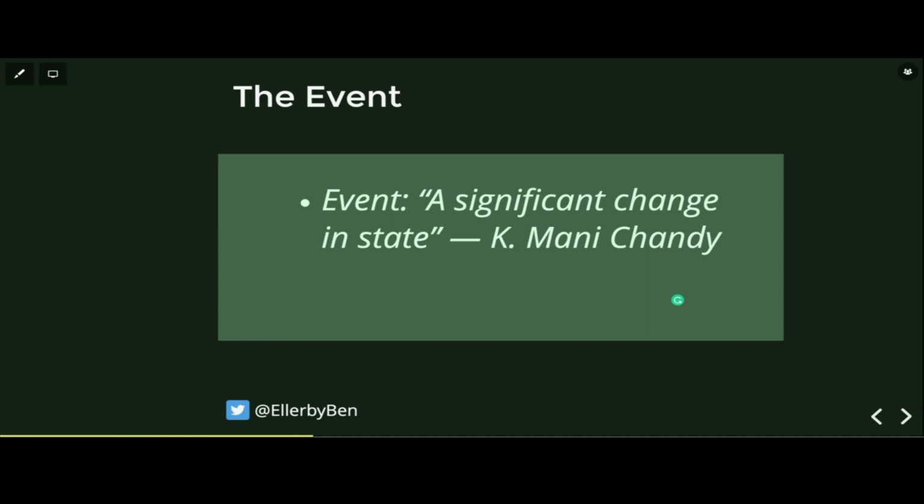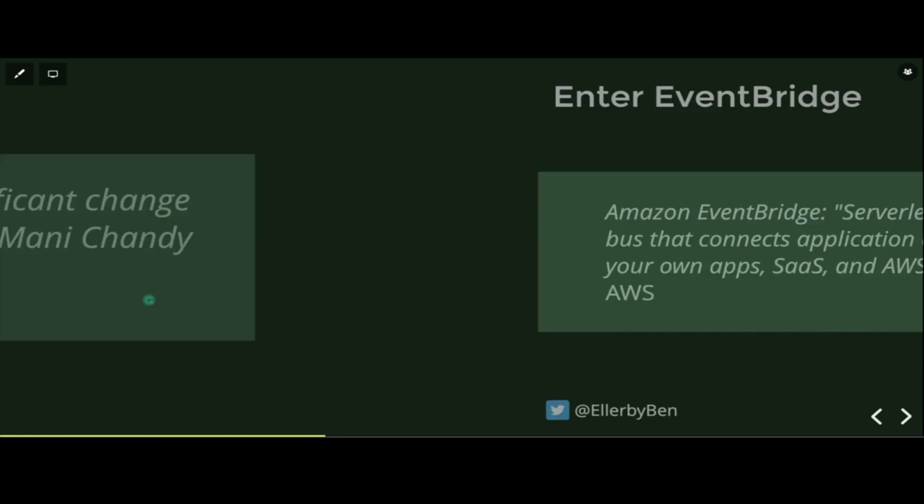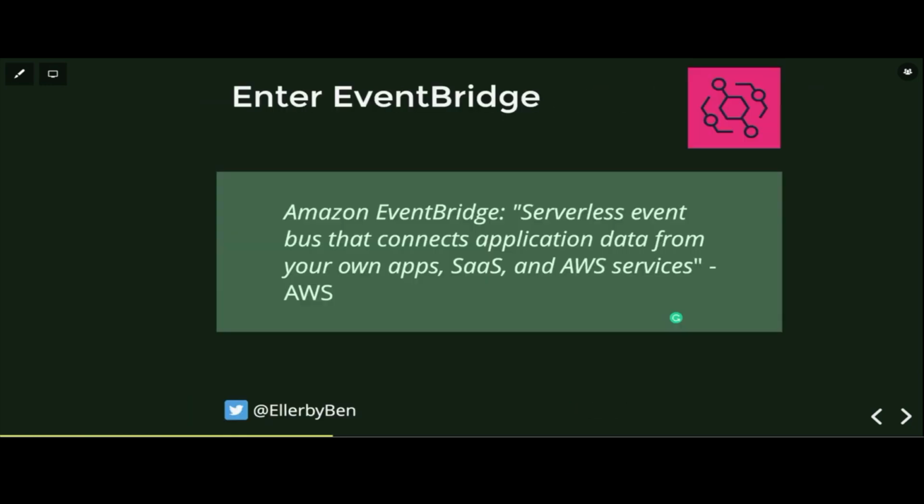I've mentioned the term event-driven, and that's what we're going to be going into in the rest of this talk. And I think it's important that we define what an event means. An event is really a significant change in state, be that from a business point of view, such as withdrawing from an ATM, or purchasing something online, so placing an order, and also in the technical sense. But in this talk, we're really thinking about domain events, those business events that make up a company. And this is where EventBridge comes in.